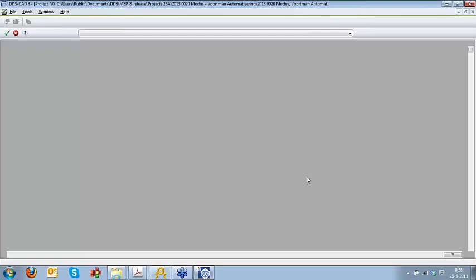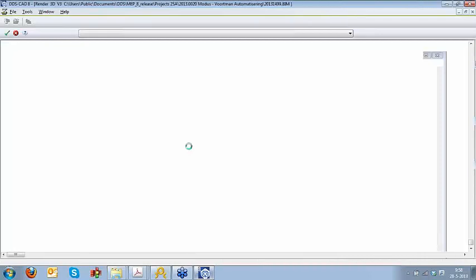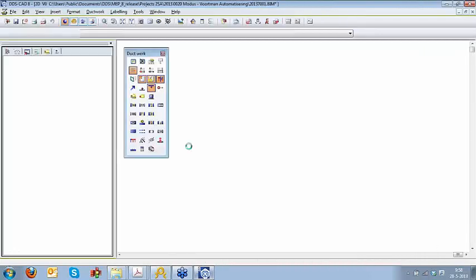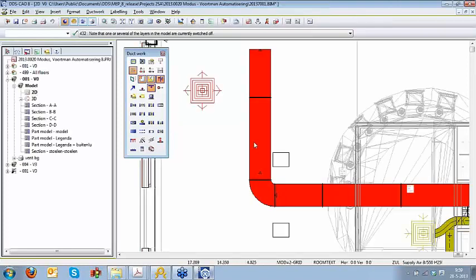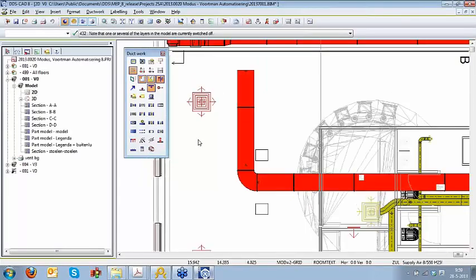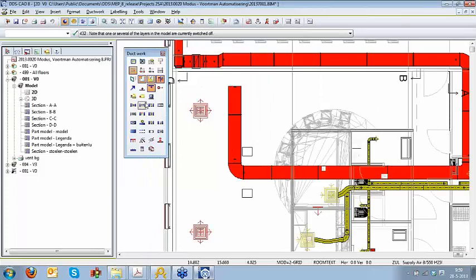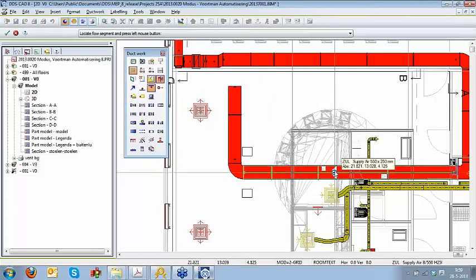So DDS is trying to open up the project again. I will open up the ductwork. It is now reading the building model from the IFC. And then I will open up my ductwork. Yes. So just before entering the parameters on the transitions,